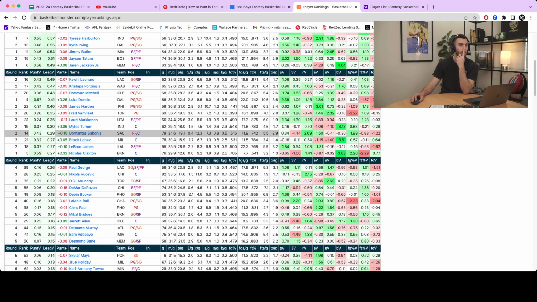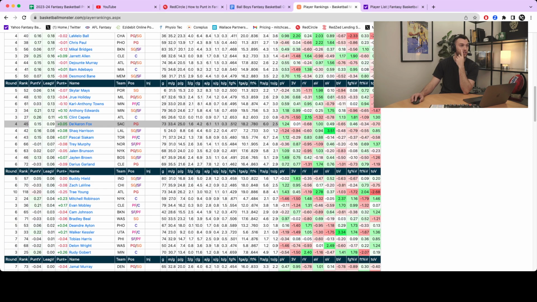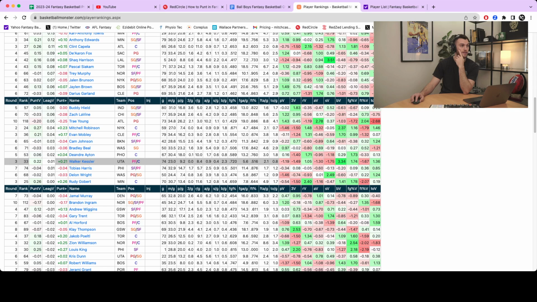Again, where would he be here? I'm not 100% sure where he finished last year. No, it was pretty high at the end of the season. Now, this is down a little bit further, but in my punt rank, he's 33rd. He'd probably be higher than that because this takes into account his 23 minutes, but he might be someone like a top 20, top 15 player in my build, because he only shot 51% from the free throw line, but he gives me those blocks.